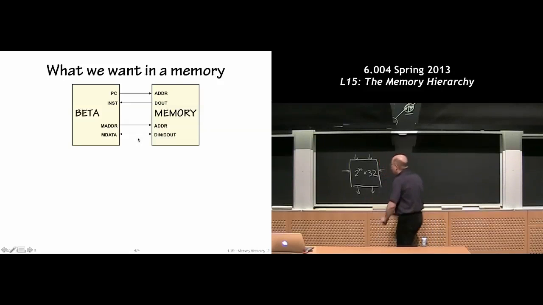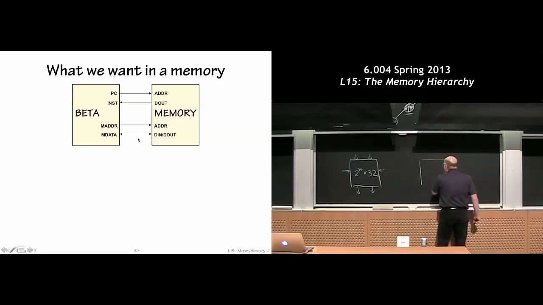The other memory system is the register file that's built into the CPU data path. That's where we get the two register operands for each instruction, and it has the same organization. It has two read ports and one write port, and it's organized as 32 locations, or 2 to the 5th locations by 32 bits. And they very much work the same in the sense that the reads are combinational and the writes are